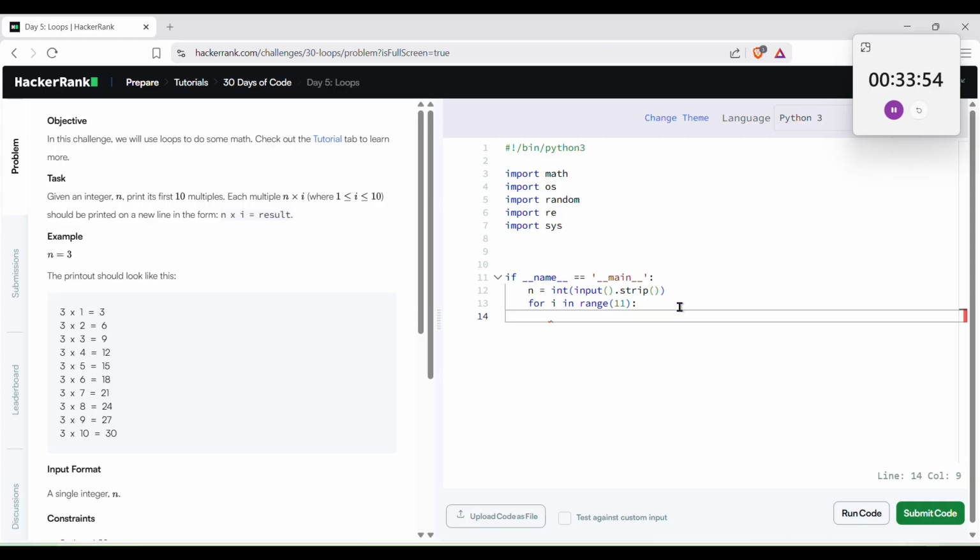I don't know how this works. I'm just giving it 11 because usually range of n will be n minus 1. So let's see. I should give 1 comma 11. Then result is n multiplied by i, and then